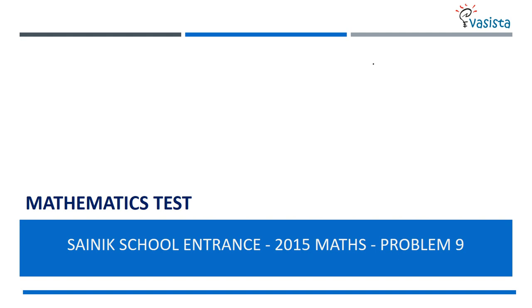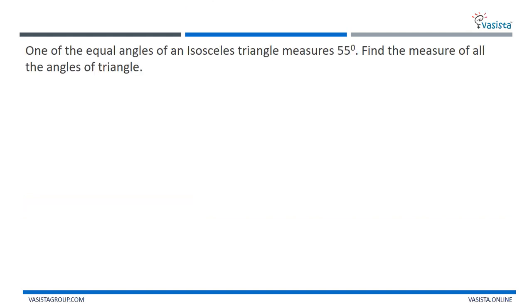Now let me go with problem number 9. One of the equal angles of an isosceles triangle measures 55 degrees. Find the measure of all the angles of that triangle. You know that isosceles triangle,